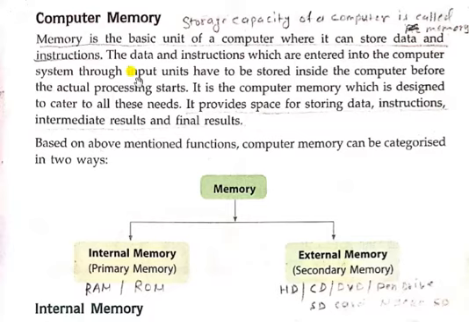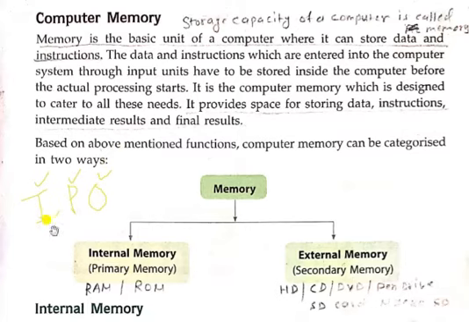In the last video we have seen memory unit and their capacity. So today we are going to study about computer memory. But before this I would like to recall you about the IPO cycle. IPO stands for input, process and output. As we know, computer works on the IPO cycle. That means input, process and output.